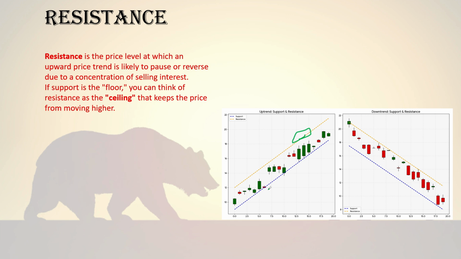In uptrend, which I have just discussed, always try to buy, but keep in mind the higher time frame. Supposing you are trying to buy a stock from this point, but in a higher time frame, supposing this time frame is 15-minute, and in 4 hour or 1 hour this is a strong resistance, so try to avoid this. If this is a 2 3 point, don't take a trade from this point. Now try to take a trade from this point, right? And put your SL below this,